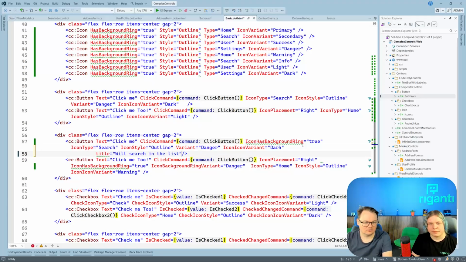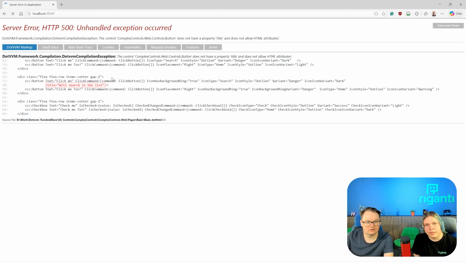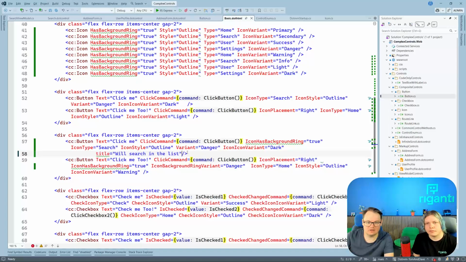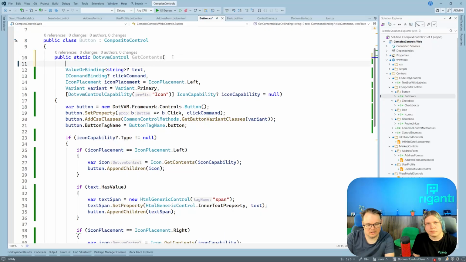Yeah, because sometimes it's useful to have some attribute on that. And if I save it and look in the browser, that probably would not work. Yeah, because composite controls by default don't support anything that they don't know about. Yeah. And there is an HTML capability that you can declare on the component, and it will catch